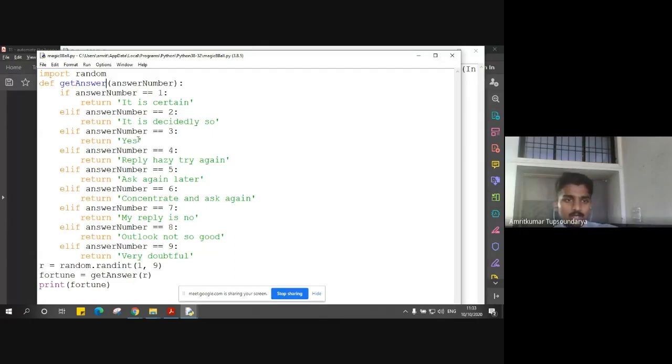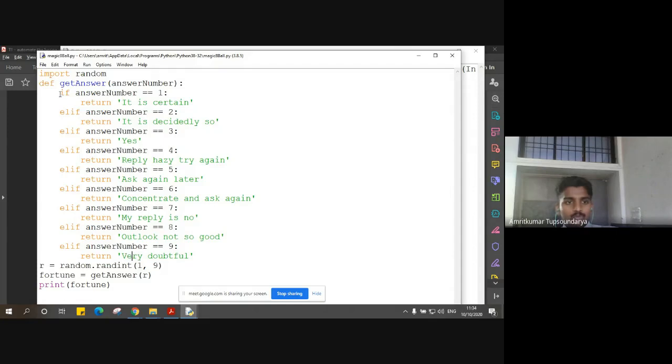Let's say a random number is generated from 1 to 9, and for every number generated we have a predefined message assigned to it. Whichever number our random function, the randint function, generates, the corresponding message is outputted on the terminal as the result of this program.